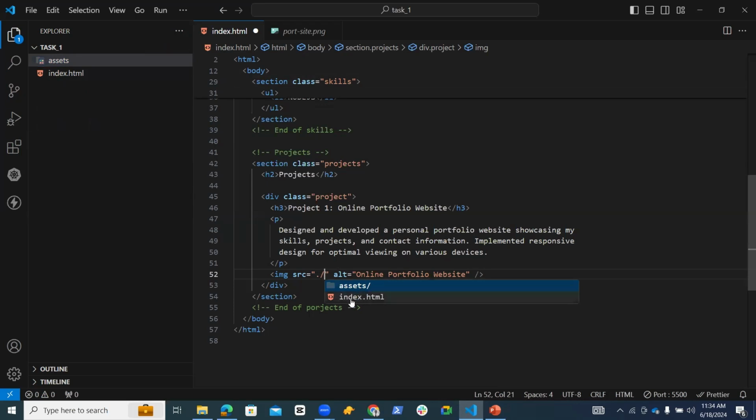At times you will need to step out of the current folder. That's why you use double period. So you can see now that I'm stepping out of here, and if I do this, I'll see other things that are not part of this project at all. But what we need here is a single period. So assets, then what we want here is port side. So once I click on that, I should be able to see